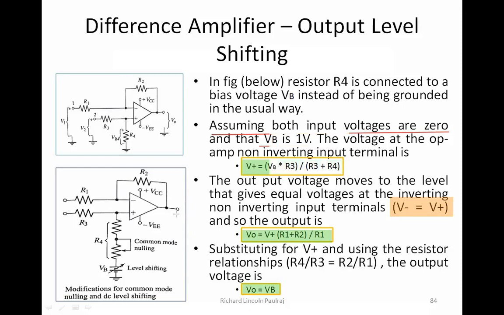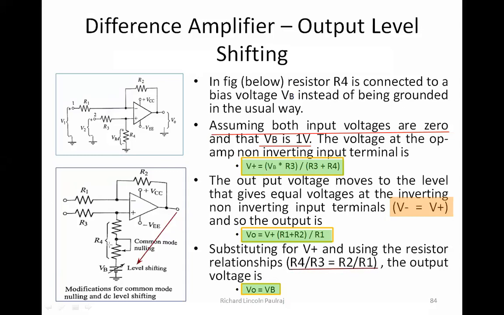Okay, so how is it important for us? How is this output voltage, when it's equal, how is it important? I can change the way that output voltage is, right? Just by varying my VB. Because of this adjustable resistor here, I can make sure that this condition is maintained. What condition is it? The resistor ratios are maintained.